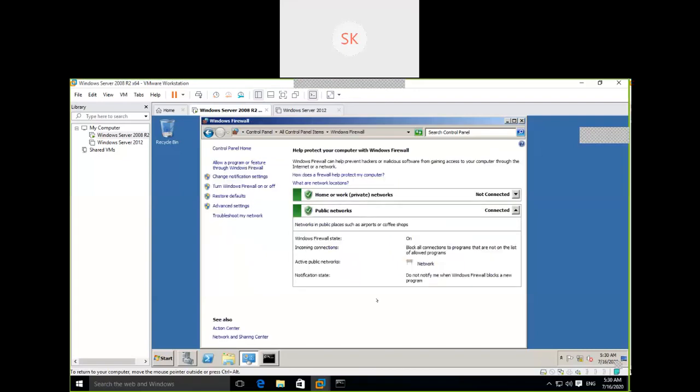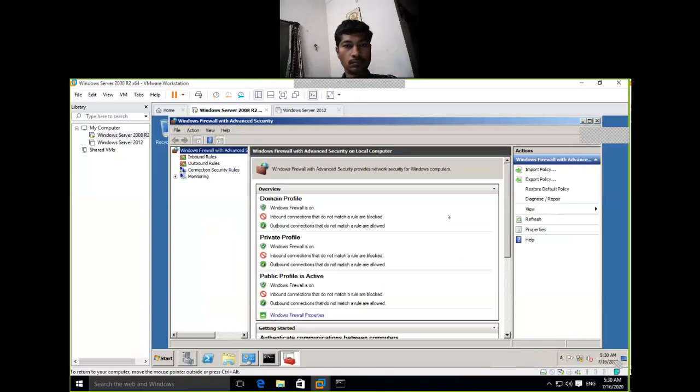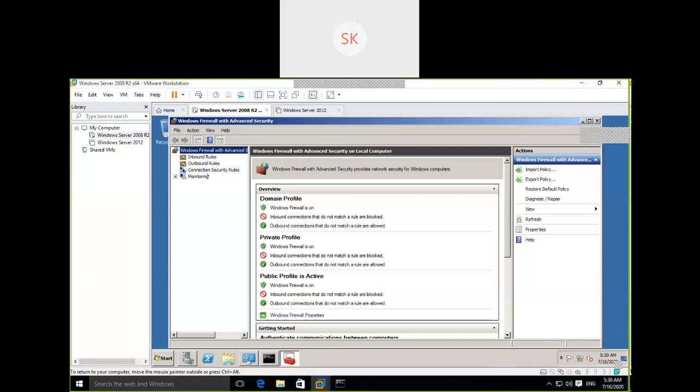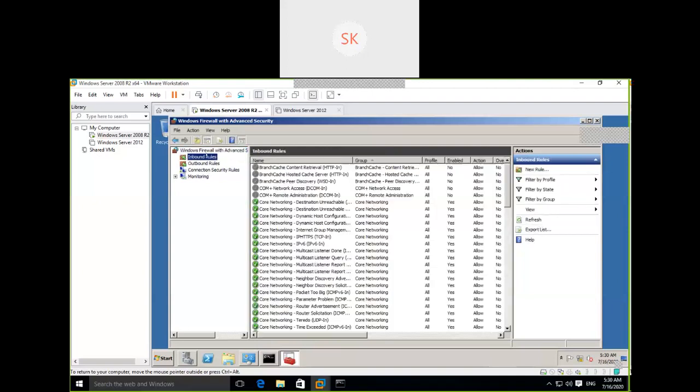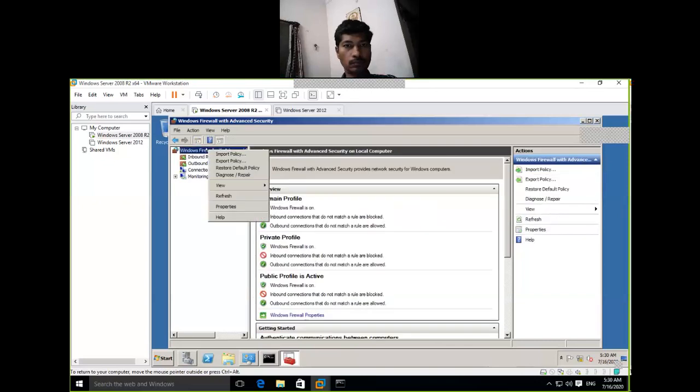See here. Click on advanced settings. Okay. See here. Right click on the top icon. Right click on the top one. This one? The one above. Windows Firewall with Advanced Security properties.